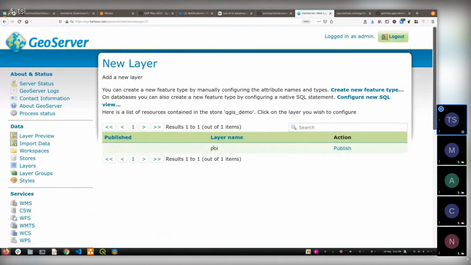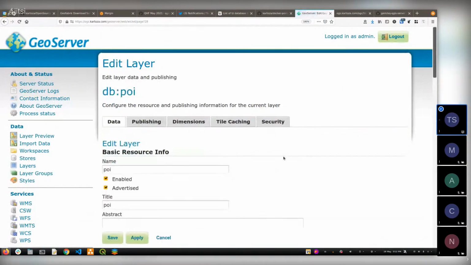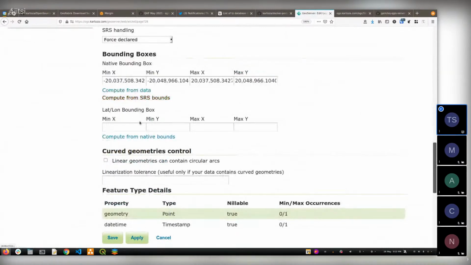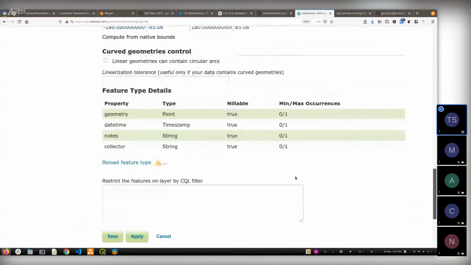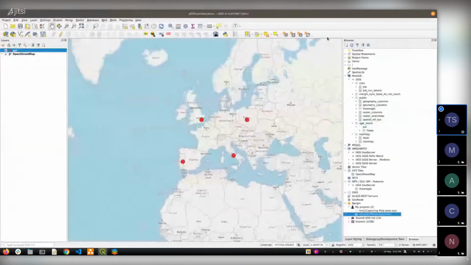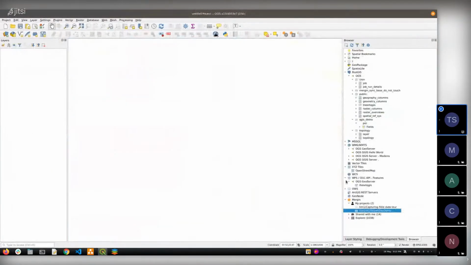All right, and there you can see is the points of interest layer. And I can publish that. I just need to do all the usual things here. All right, and then if I go back into QGIS and look at the data from another part of the stack, I can see here, if I go to the GeoServer,